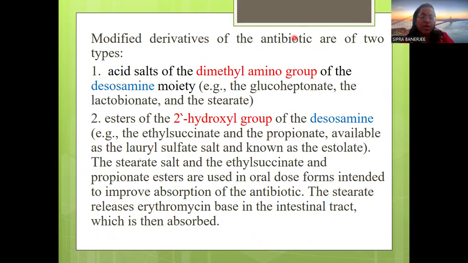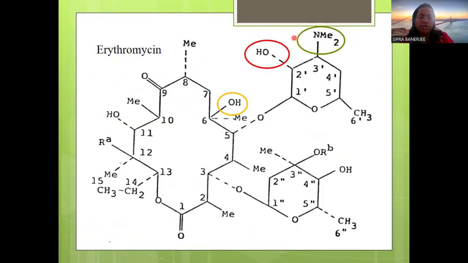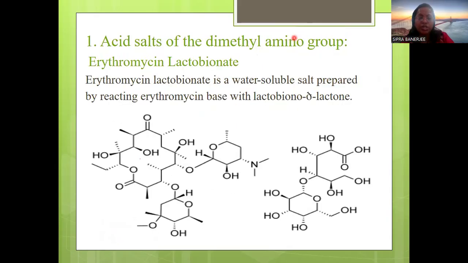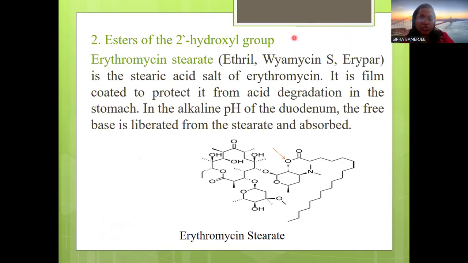Now we have prepared this drug in different forms. Why is the water-soluble form being used? Because it will increase the solubility, and it will not be degraded by the acids. The acid erythromycin, with different metals, produces salts. But instead of the two hydrogen,